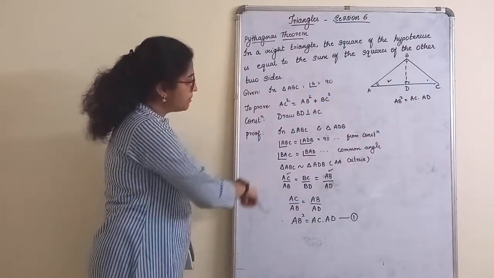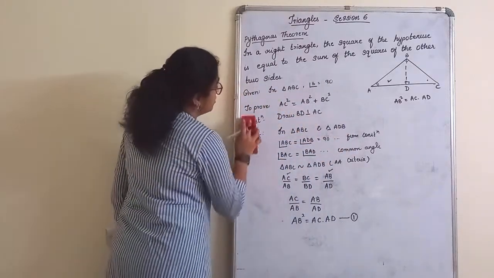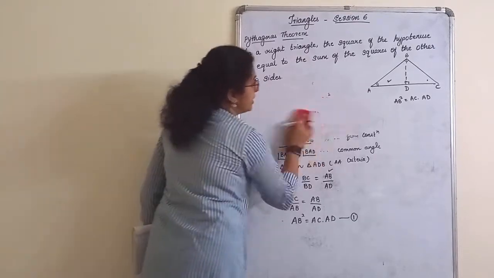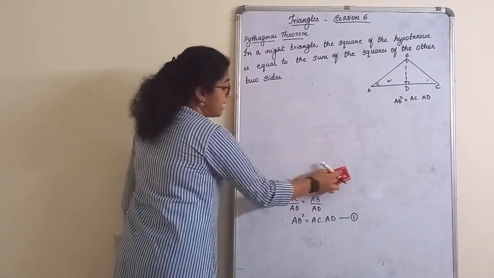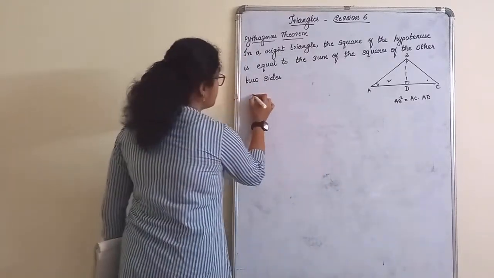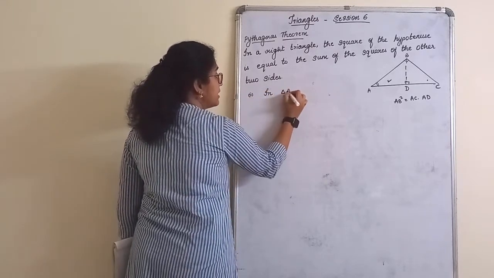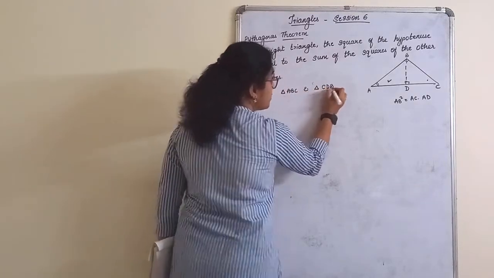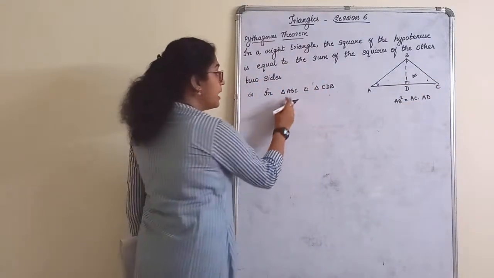I'll start from the beginning and I'll start solving the second part of similarity. So we'll rub it from here and redo that second part. Now first part, which triangle we chose? We chose the whole triangle and the first part of a triangle. Now again we will choose, so this is second part and that was first part. In triangle ABC and triangle CDB, that means I have chosen the whole triangle and this part of a triangle, second half.